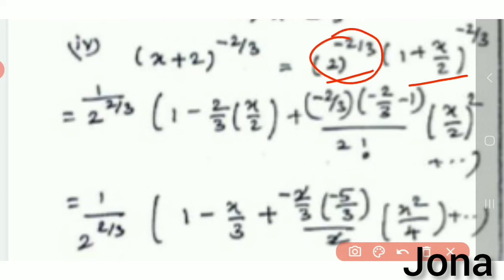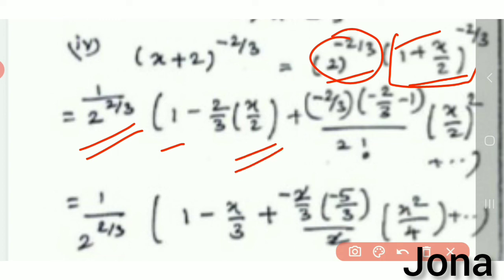Here we can take this as 1 by 2^(2/3) into, for this we want to extend the binomial formula (1 + x)^(−p/q). So 1 − (2/3)x here plus, alternatively we have to put the symbols here because here it is minus. So plus-minus here, (p/q)(p/q − 1) divided by 2 factorial